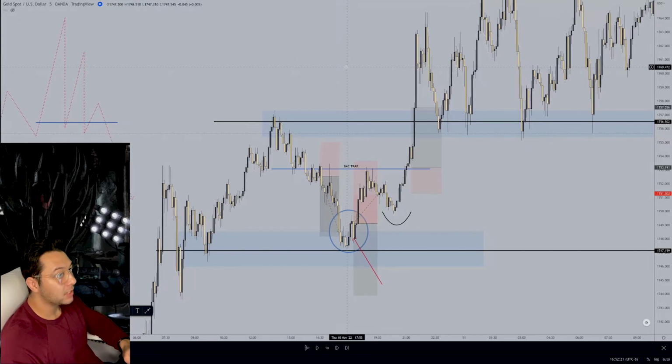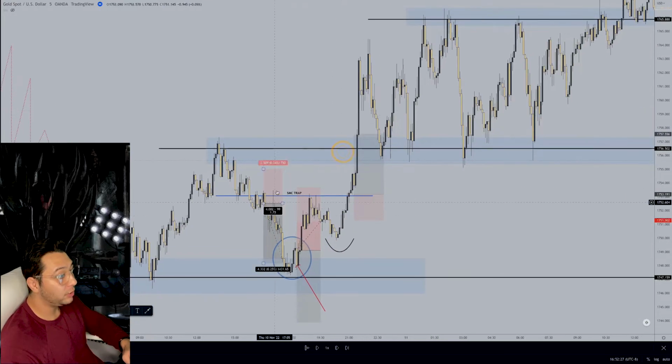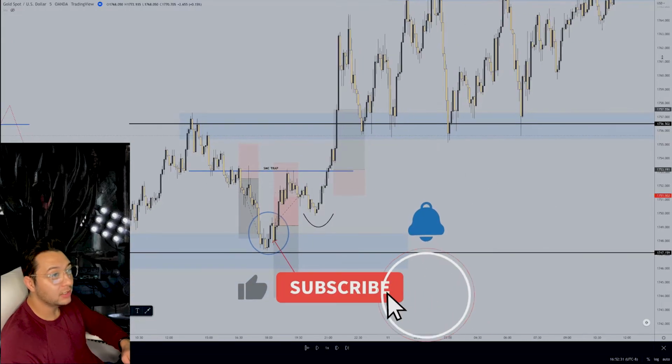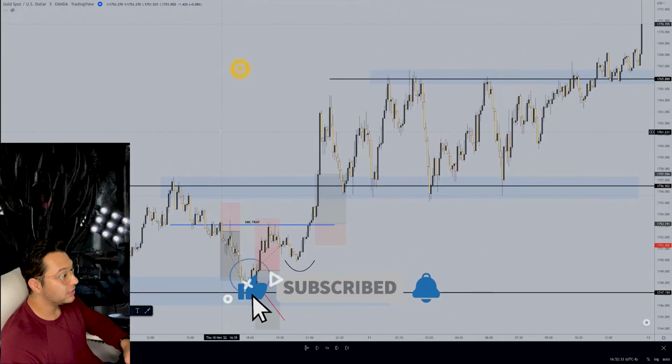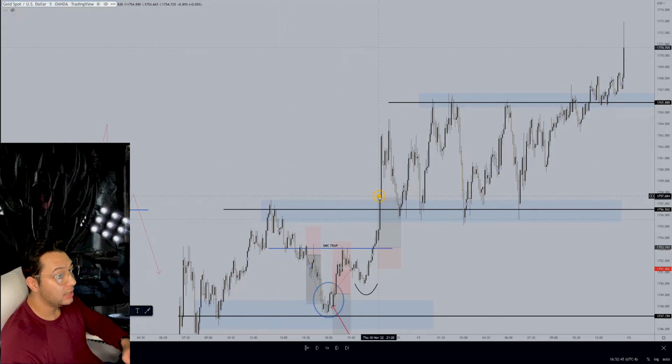Okay, so now you see this move. You can either close at the higher time frame point of interest. And if you want a full breakdown on this, I literally just completely broke this down in the BAT playbook. This is one of the examples, this whole entire thing broken down in great detail. But you could close at this higher time frame point of interest where the previous highs were, and if you're anticipating a new higher high to be made on the day, then you could target the next